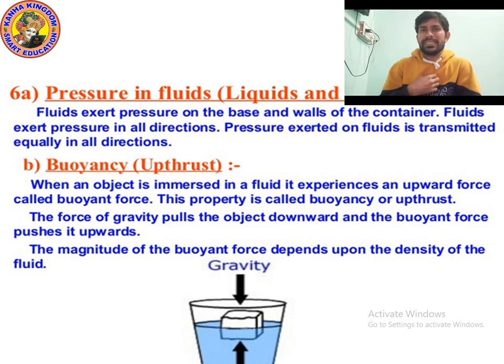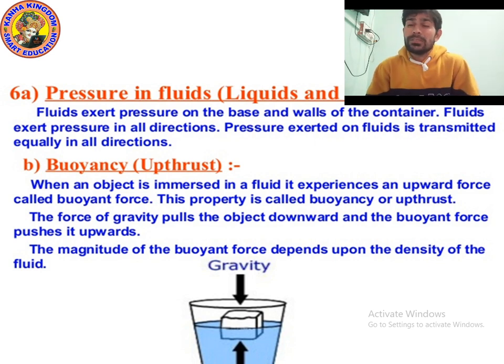So, what is mass and what is weight? Mass of the body is actually the measure of its inertia. Yes, if the mass of a body is more, its inertia is more. The mass of the body is constant and does not change from place to place. Yes, the mass of the body is always constant and does not change from place to place. And what is the SI unit of mass? Kilogram.